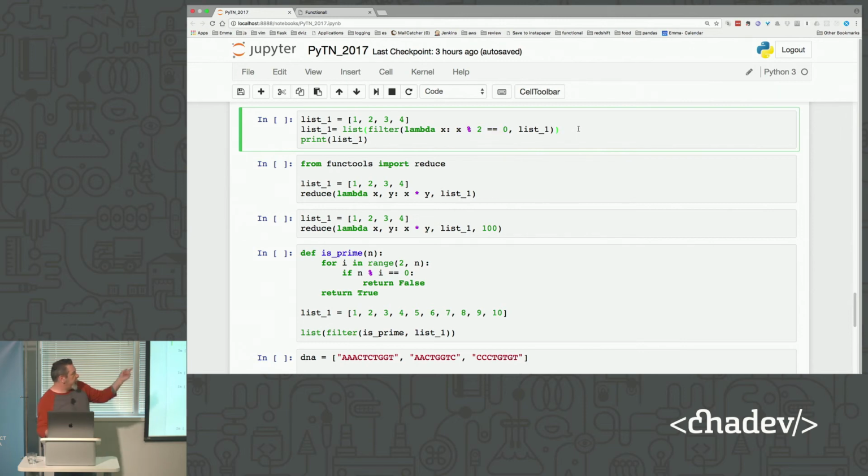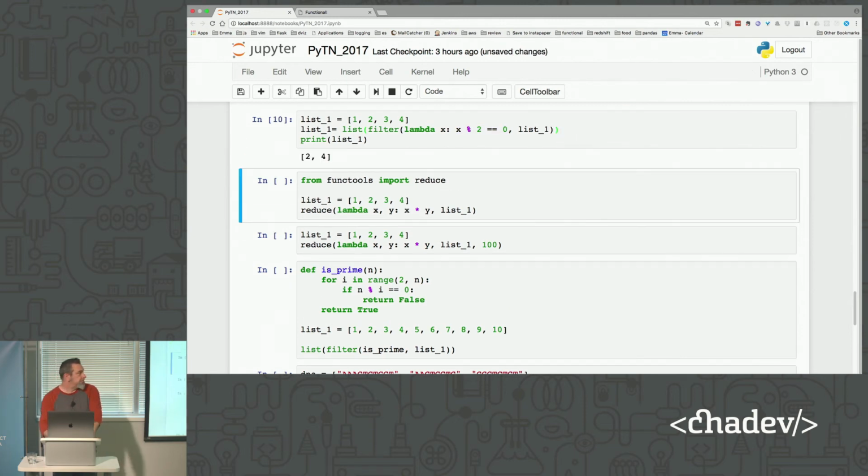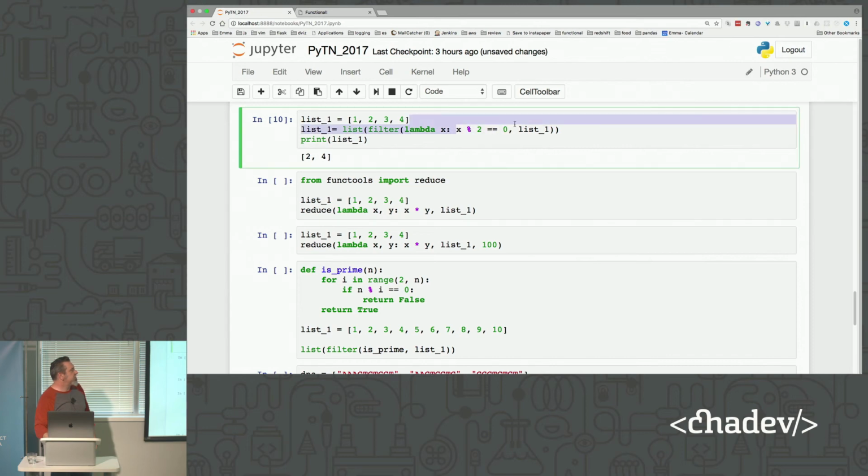So it'll go through every item in our list and give us back the ones that are true for this situation. When this condition is true, that item gets put into the new list. So it'll start with 1. The condition is false, so it doesn't get put into the list. 2 is true, 3 is false, 4 is true. Those two make sense? All right.